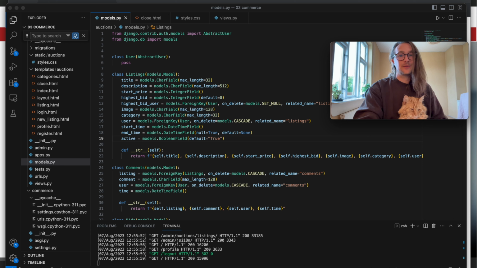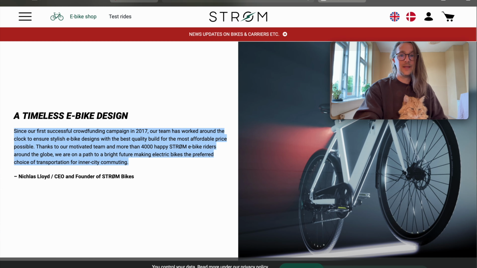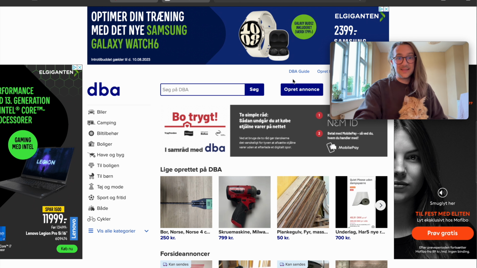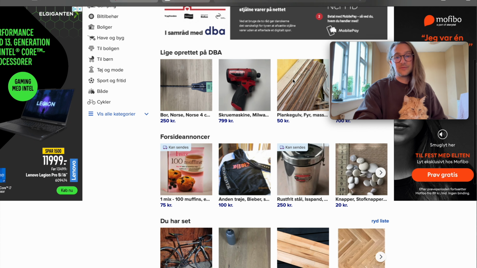This is my commerce project for CS50W. The goal of this project was to set up an auction site, and I took inspiration from the Danish version of eBay that looks a little bit like this, Den Blå Avis. And in my opinion, it doesn't look all that pretty, so I've done my best to try and redesign this